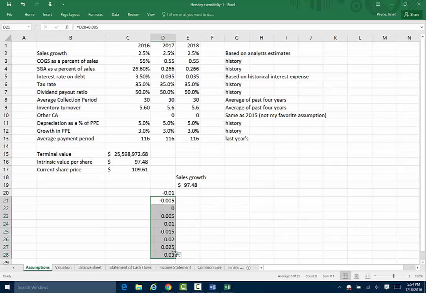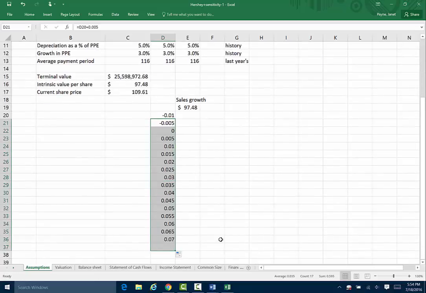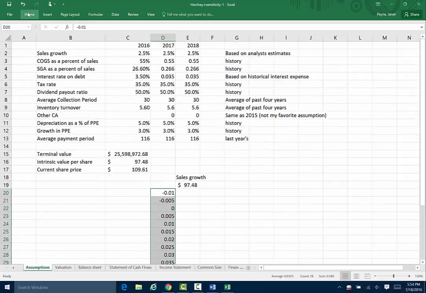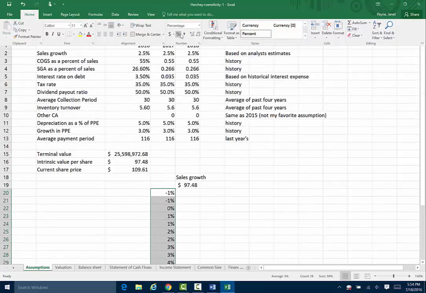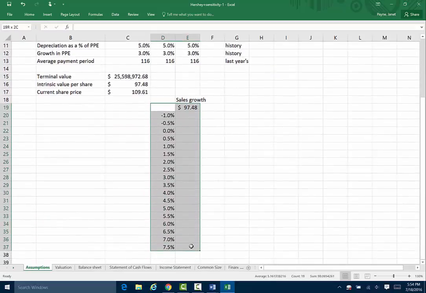Until I get to, let's say, 5% or 7.5%. I don't think it's going to have to be higher than that. And I kind of like mine to look like it's a percentage. And now I'm going to select that whole thing. And I'm going to go